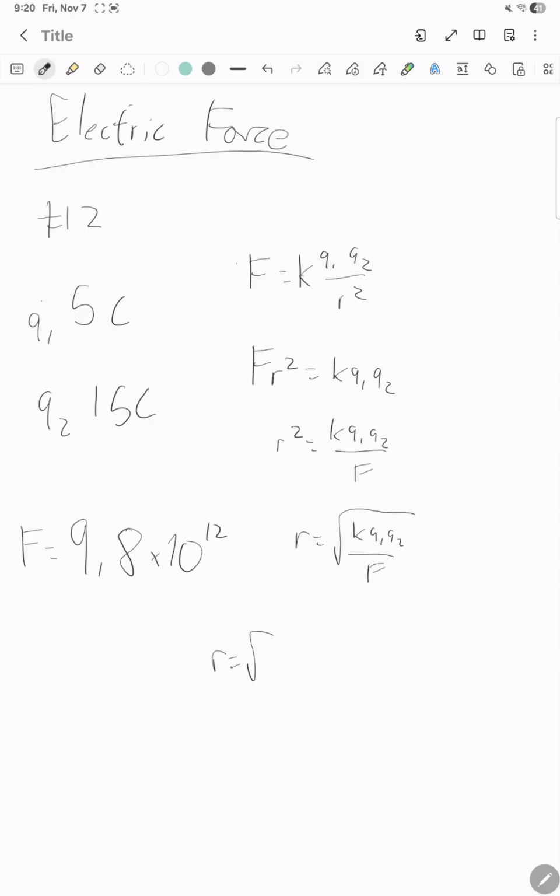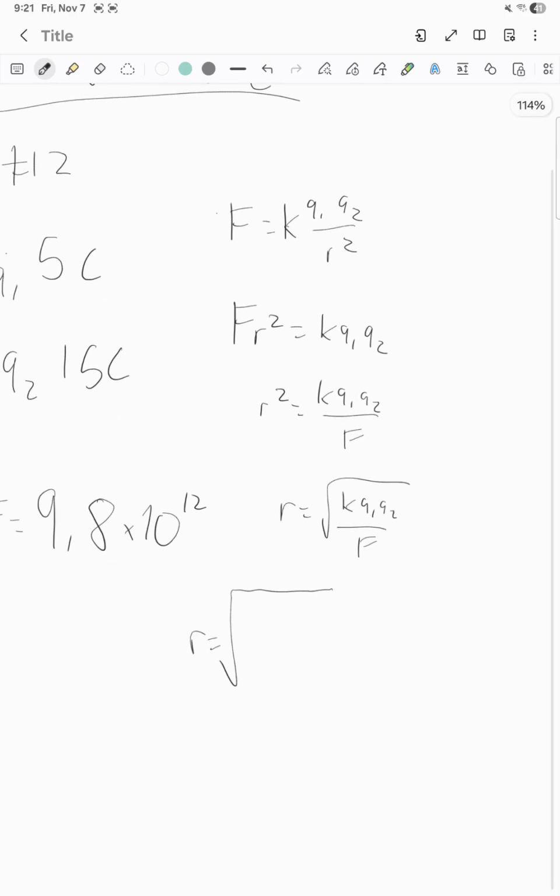So the distance will be equal to the square root. It will give you the answer in meters, but if it's pretty small in meters, it depends what the problem says. If it wants it in centimeters, you can convert it to centimeters. If it wants it in millimeters or nanometers or whatever, you can convert it, but the answer will be in meters. So you have 9 times 10 to the 9